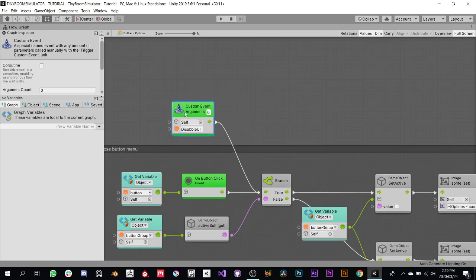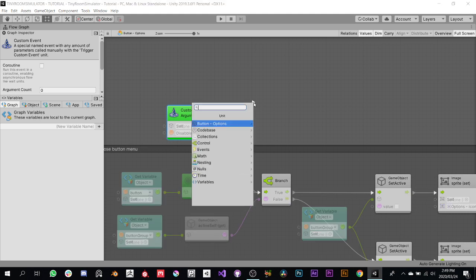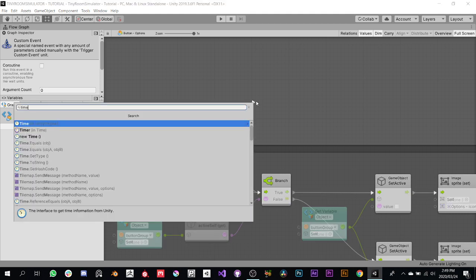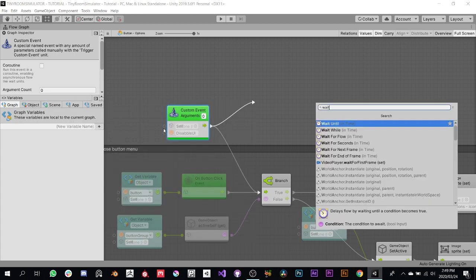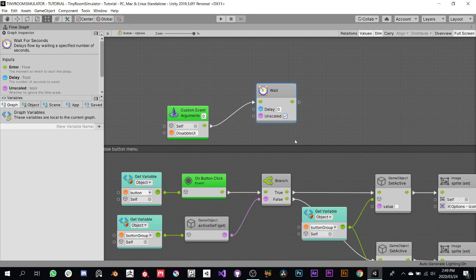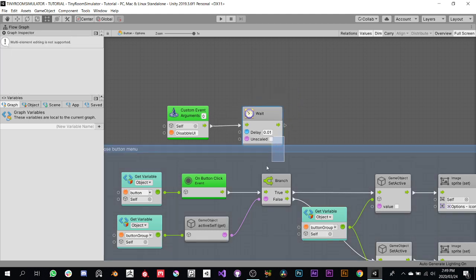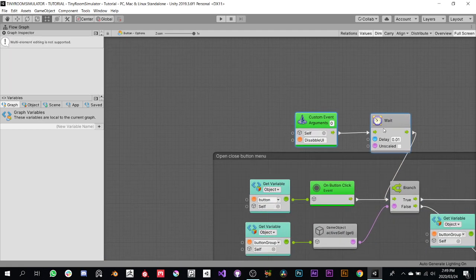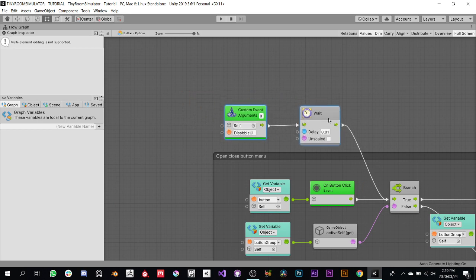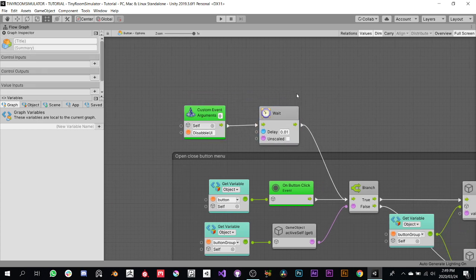But we're going to do this after a certain amount of time. So we're going to type in time. We can just do a wait for seconds. I'm going to say we're going to wait for 0.01 of a second. Bloody number lock. 0.01 of a second. And then we'll do this here. Okay, there we go. So we're going to wait for a small fraction of time, but remember, wait for seconds